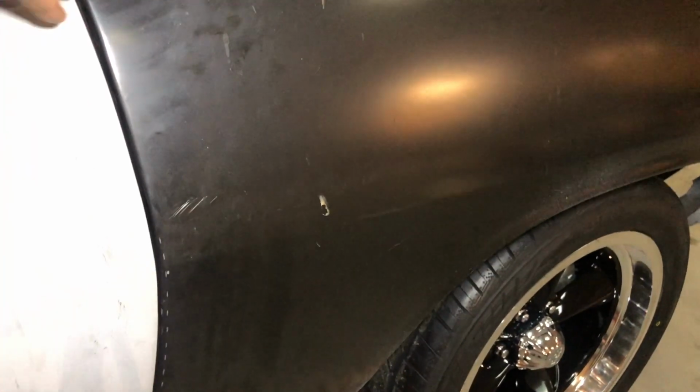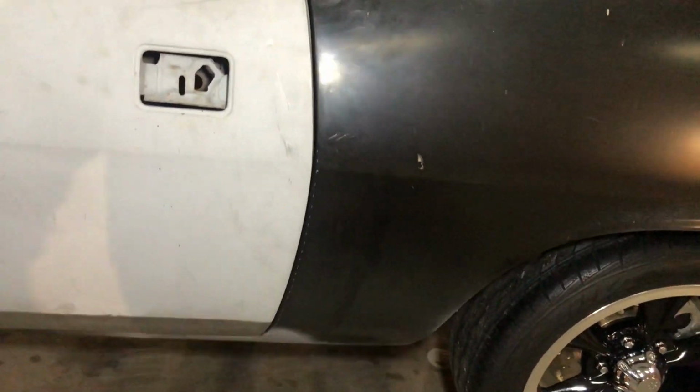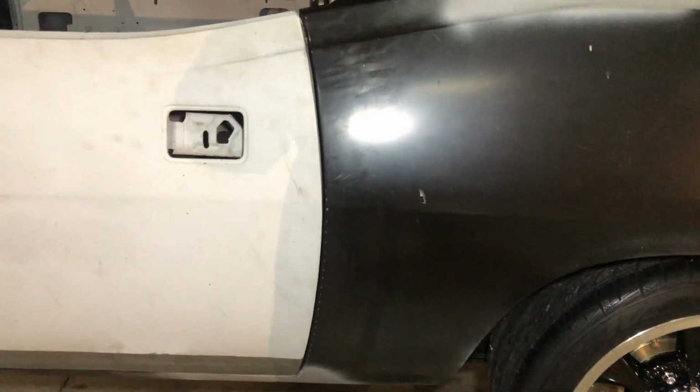So the next step is, like I said, just cutting that. But I just wanted to give you guys a heads up that I'm working on the Cuda. You can kind of see, I don't know if you can or not, it's kind of hard to see, but inside there, this side, all this is bent to 90, like it's perfect 90. This over here is bent way inboard, and that's an issue. So what I'm gonna do is cut this back to where it's flat, basically take a pie cut out of it, hammer it back, TIG weld it, metal finish it, and you'll never know